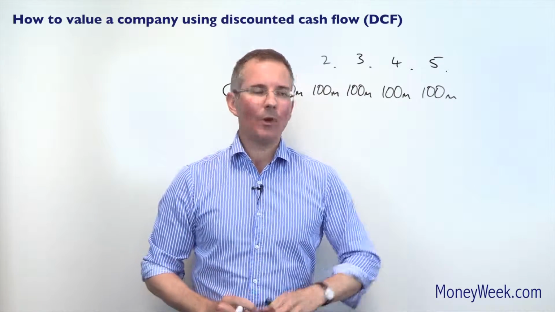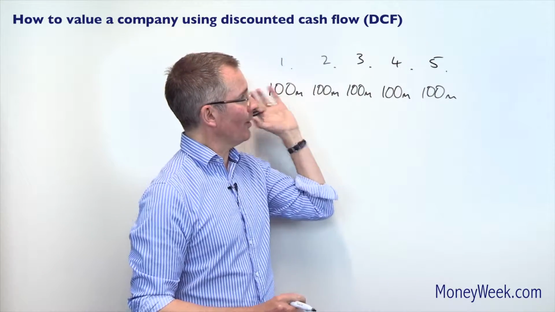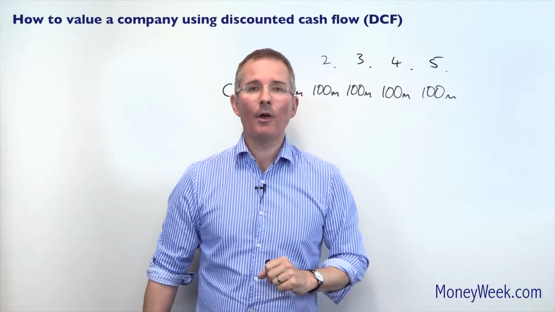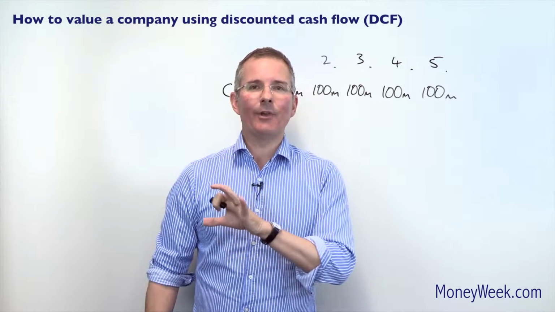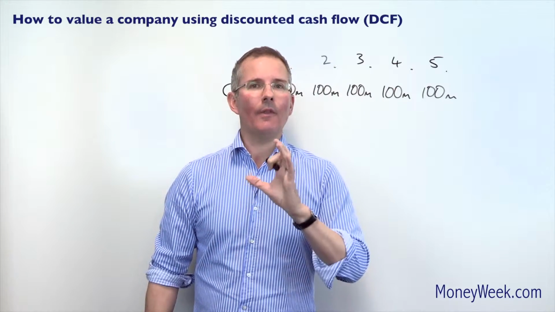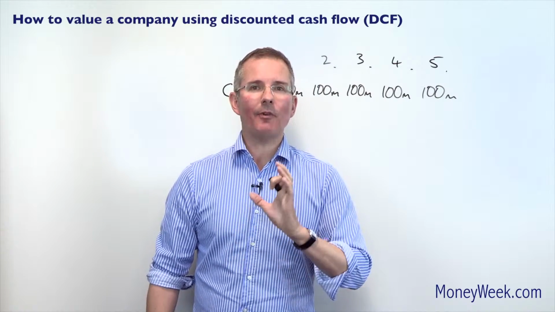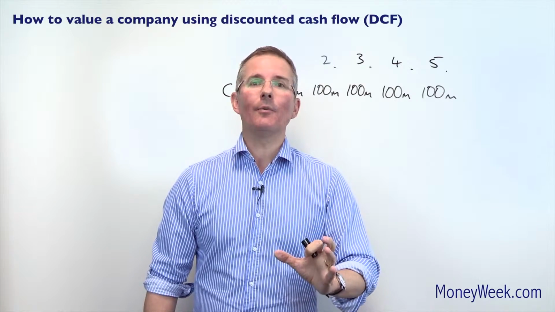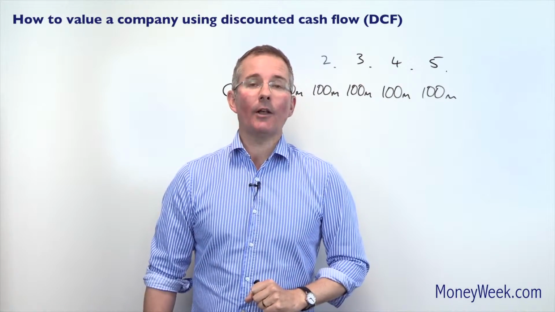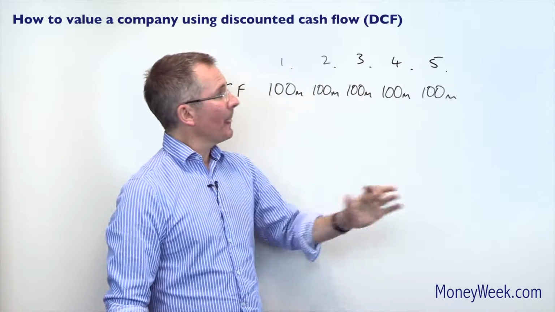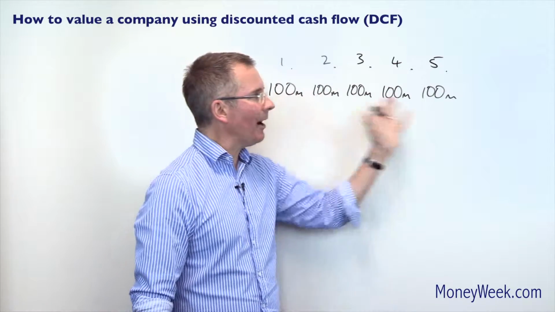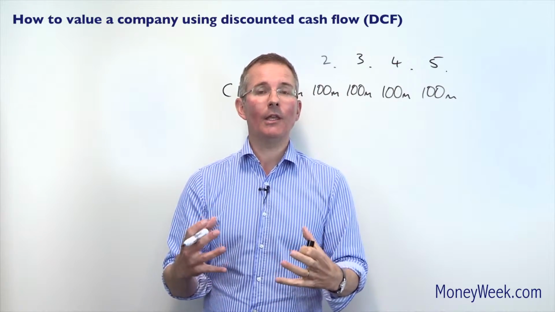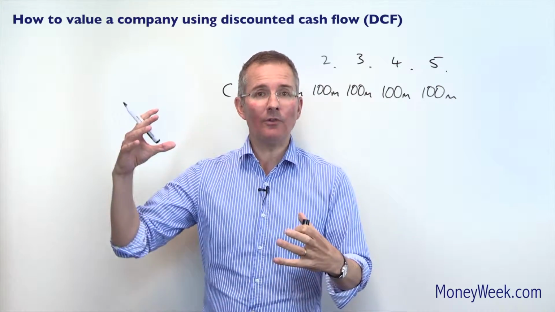Because straight away you've got a problem, which is, if you've got your forecasts right, let's assume you have, is 100 million in 5 years' time worth as much as it is received in 1 year's time? And the answer is no, because inflation erodes the value of money over time. Now, this is not a maths video, and I cover discounting somewhere else, which I mention at the end, but you can't just add up these 100 millions and say the company is worth 500 million. That's the value of the income it generates, because you need to do something called discounting, hence the expression DCF,